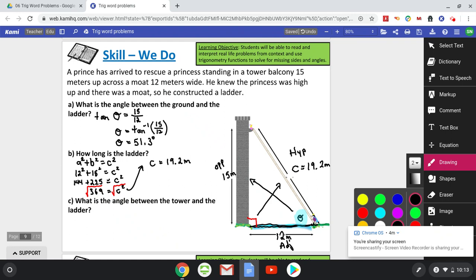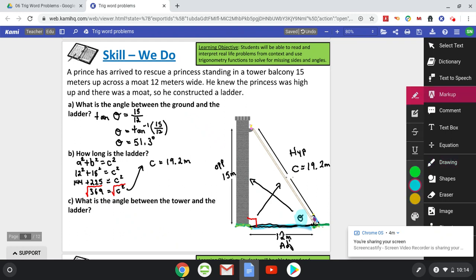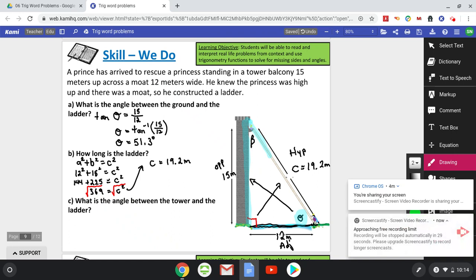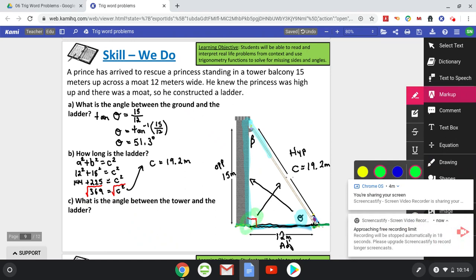Part C, what is the angle between the tower and the ladder? Okay, the tower is right here. The ladder is right there. That means we are trying to find this angle that I'm labeling with the letter beta. Since we have a triangle, and in all triangles the sum of the angles adds up to 180, I will be subtracting 90 and theta